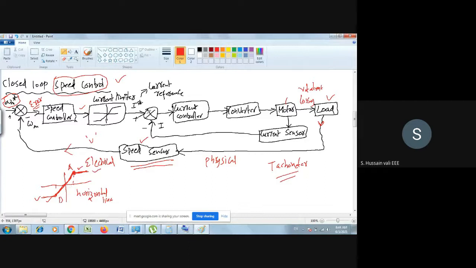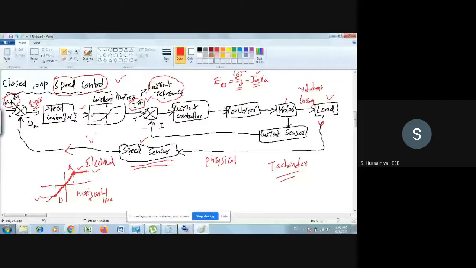That current limiter will decide the value of current here. That's called the current reference. So the current reference here is generated from the output of your speed controller. Based upon the speed controller, it goes to the current. So there must be a relationship between the speed and the current. I will write the relationship here: Ea, E naught, I will say Eb minus Ia Ra. Some relationship is there. There is a current, there is Eb, and Eb has some speed. So it's a function of speed where it's a current. So based upon that relationship, you generate this current from the speed signal.